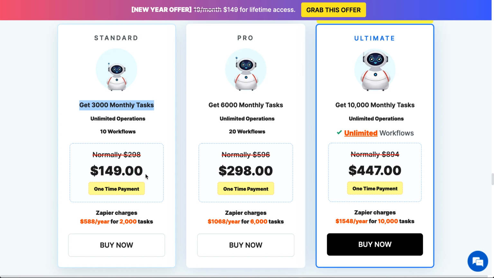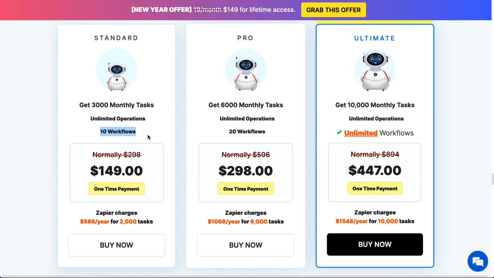However, there is a limit to this too. You only get 10 workflows. So with this, I can only make 10 individual types of tasks. So I have to really work on stacking my tasks and condensing them.